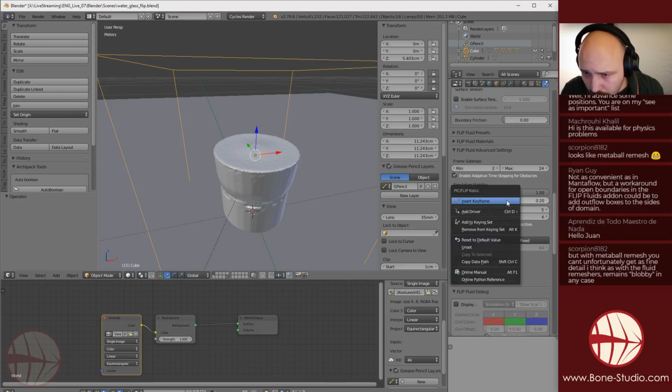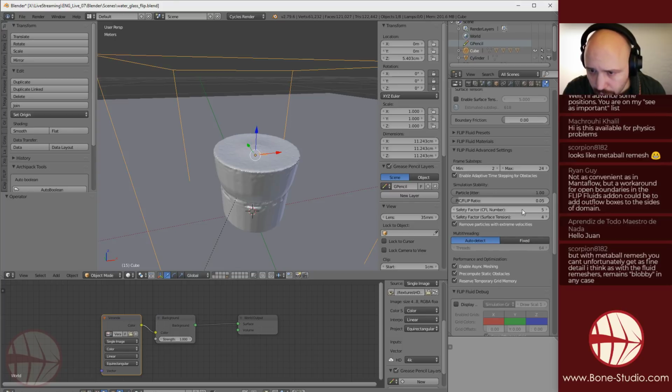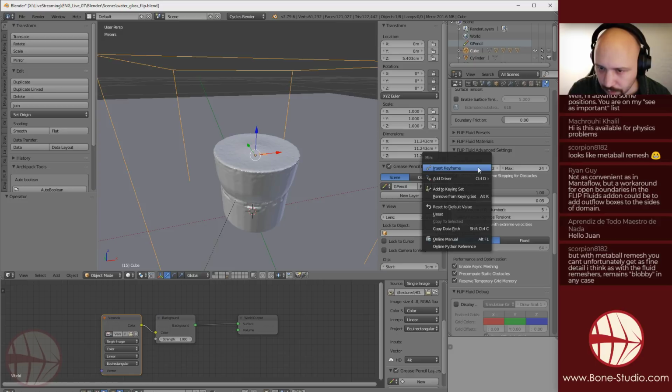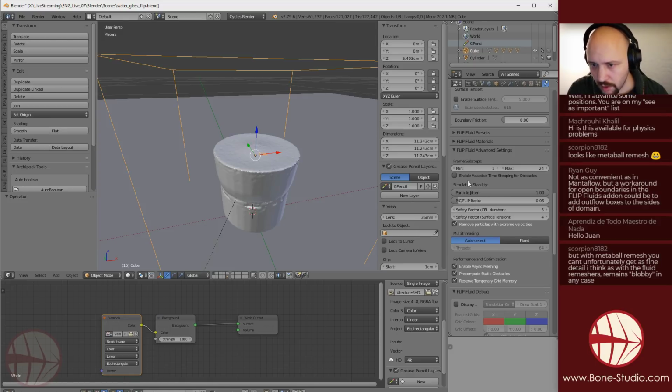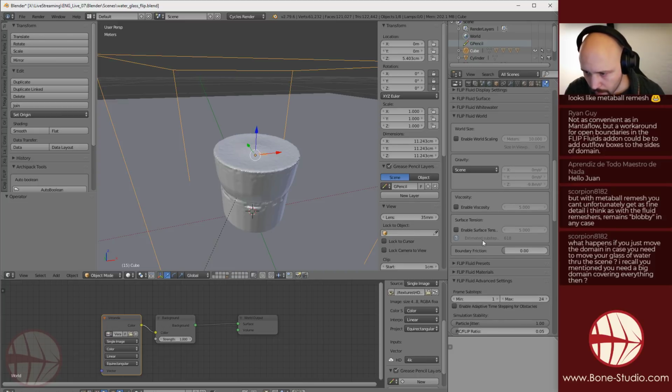Well, if I press here, yeah, it's okay. Great. So reset to default, this disable, and that's okay. What happens if you just move the domain, in case you need to move your glass of